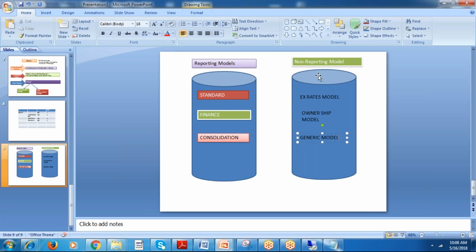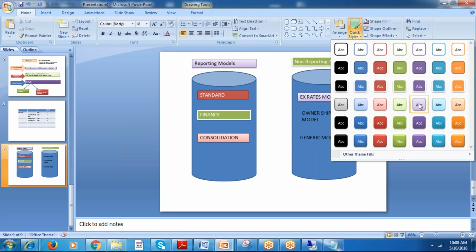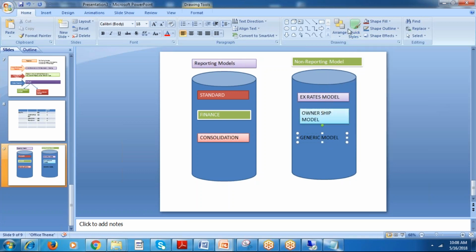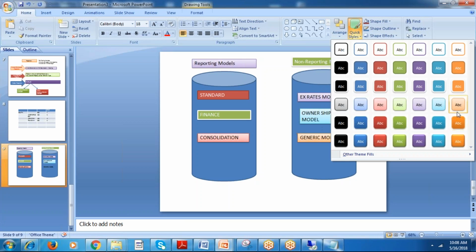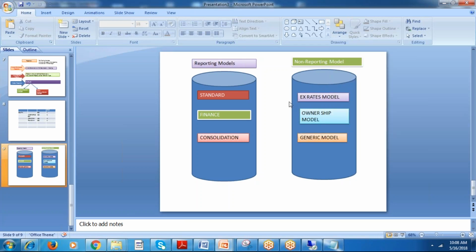These are the two types of model types. We have reporting and non-reporting. So what is the reporting and what is non-reporting? In the non-reporting, we are having the exchange rate model, generic model and ownership model. For the exchange rate model, you can define it as standard.